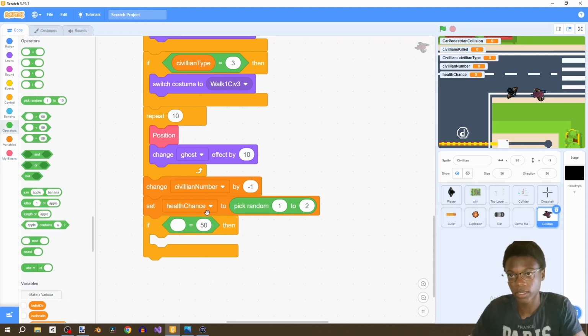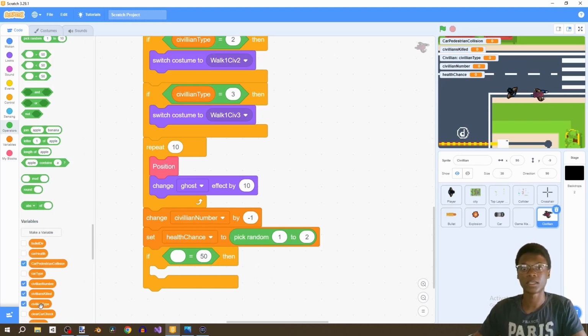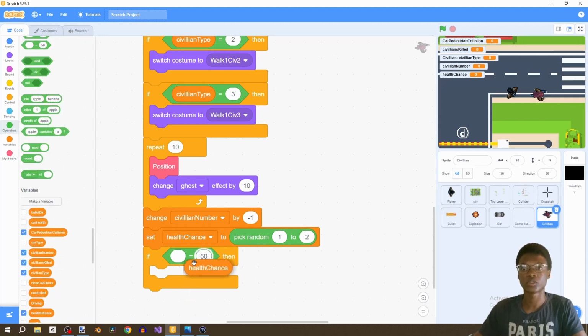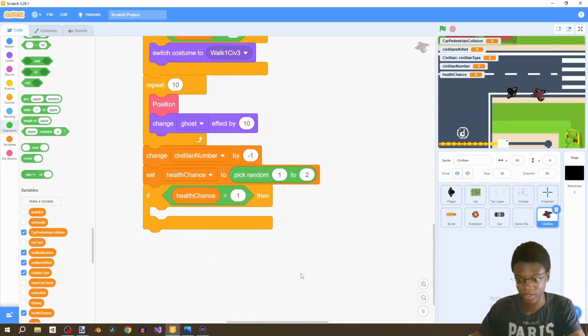So what we're doing right now is repeat 10 times, as I said. Change the ghost just to make our civilian fade away when it's killed, and then we're changing the number of civilians by -1, so meaning we've lost 1, and then we're gonna set health chance between 1 or 2, and right now we're gonna say if health chance equals to 1, we want to drop a health bar for our player. And you may notice we don't have a health bar in the game yet. We're gonna have one later, but